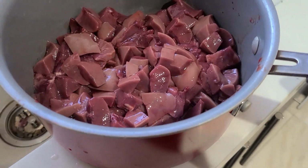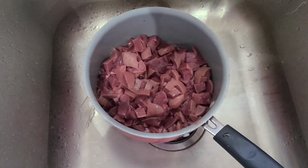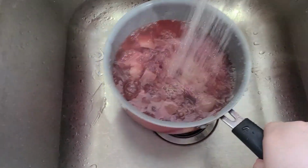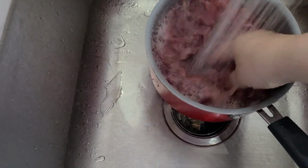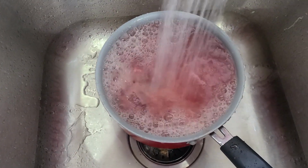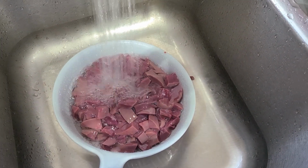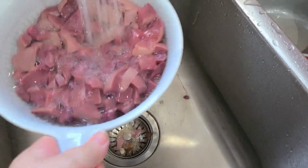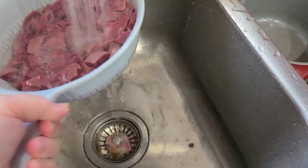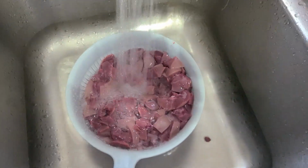4 kidneys are done, but they still have blood, so I have to wash them in cold water quite well, and then drain them. You see, still a lot of blood. So we wash them very well. Use a drainer. Wash them very well with cold water. And when it's done,